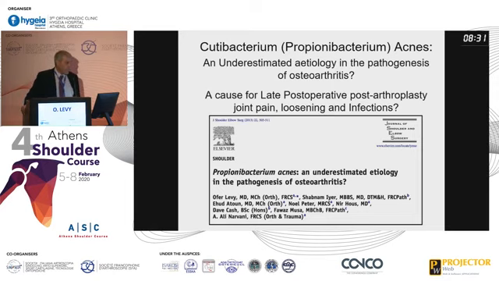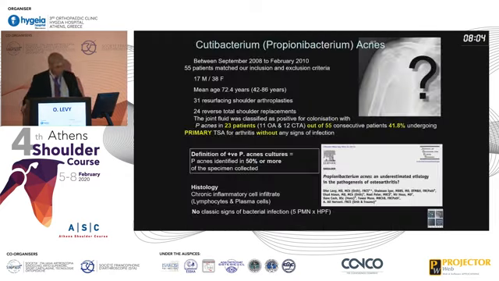And the question is whether we underestimate this bug in the etiology or pathogenesis of osteoarthritis, and maybe this bug is the cause for late postoperative post-arthroplasty cases that don't seem to be infected, but they are painful, there's some so-called aseptic loosening. Whether they're all low-grade infections with this P. acnes. And indeed, if we look at the literature,